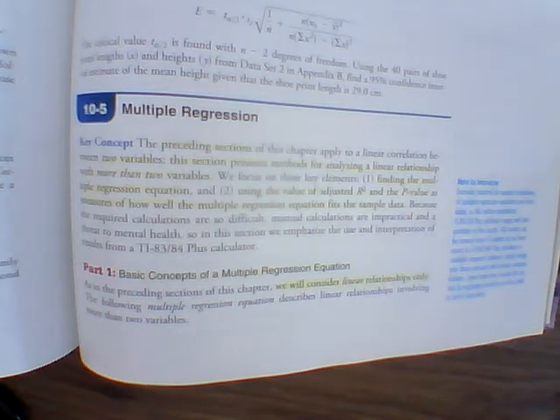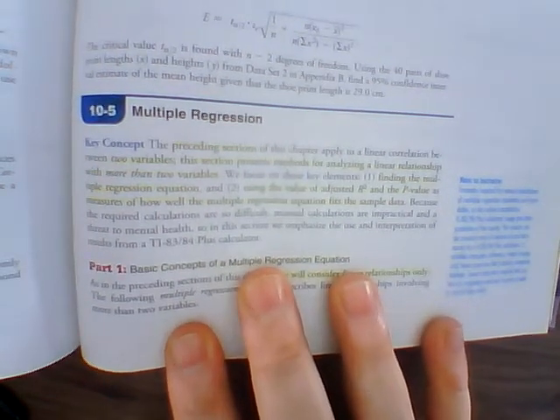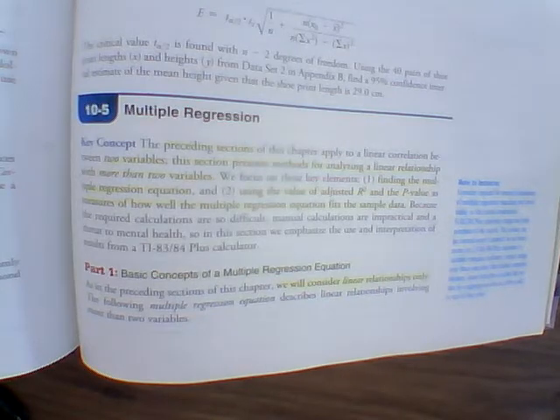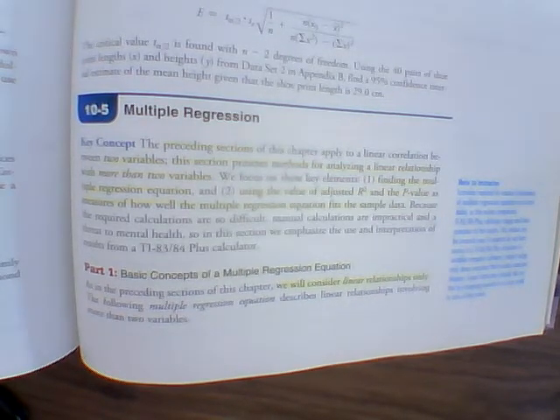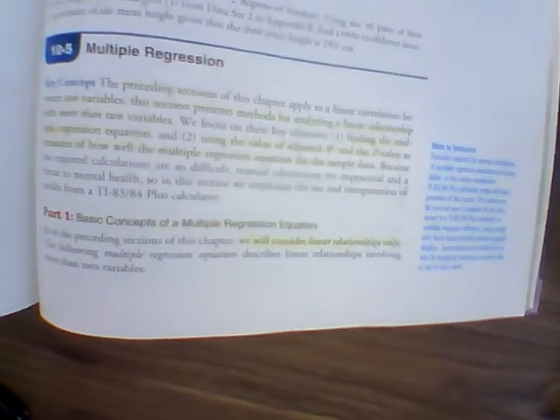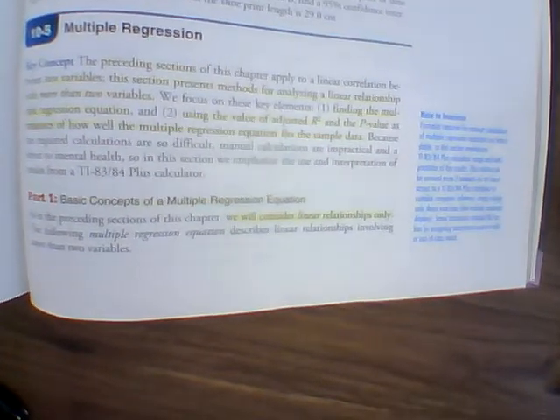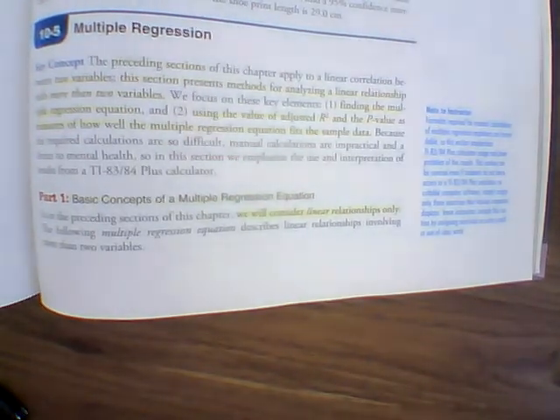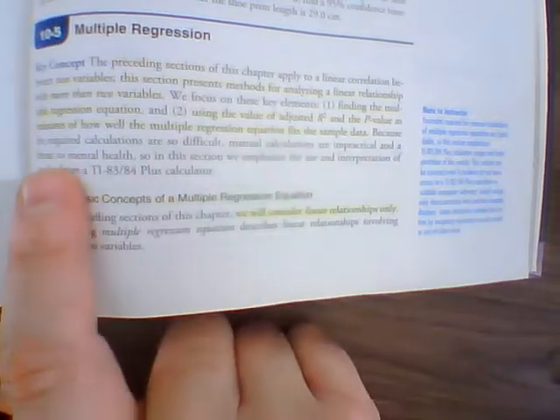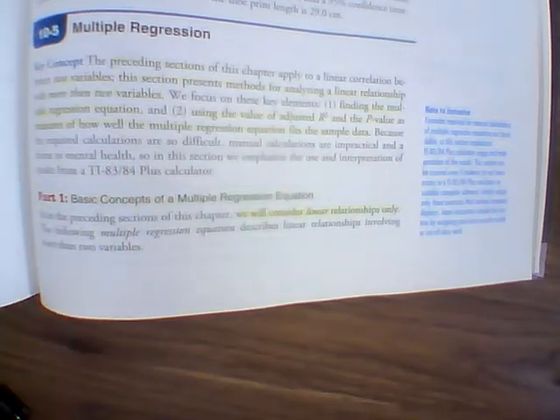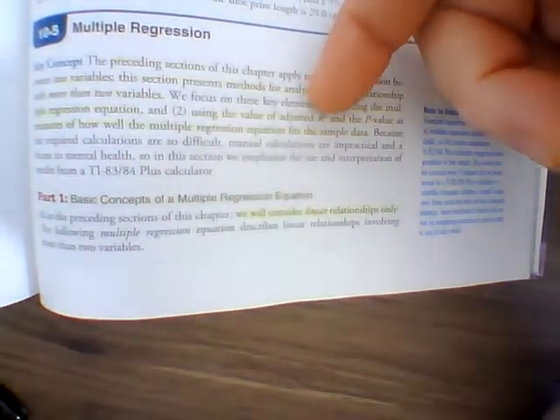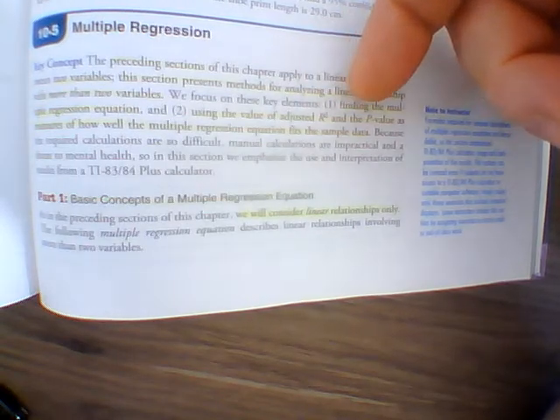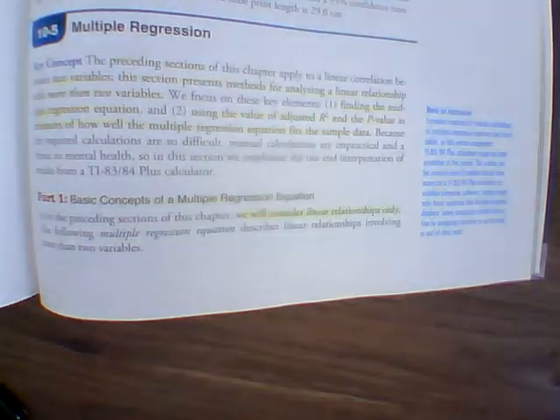Okay, so section 10.5 talks about multiple regression. In the preceding sections, we've been talking about linear regression between two variables. In this section, we start talking about methods that analyze a linear relationship with more than two variables. We talk about finding multiple regression using values of adjusted R squared and the p-value